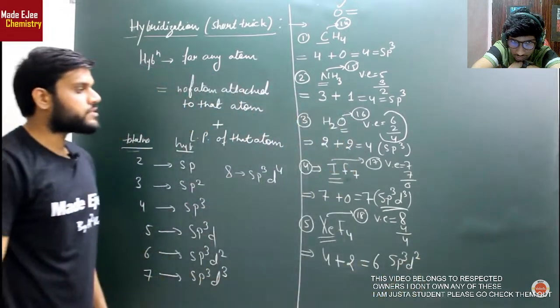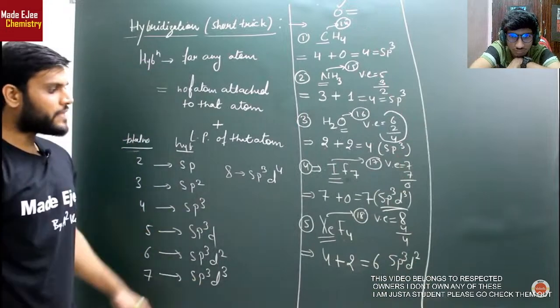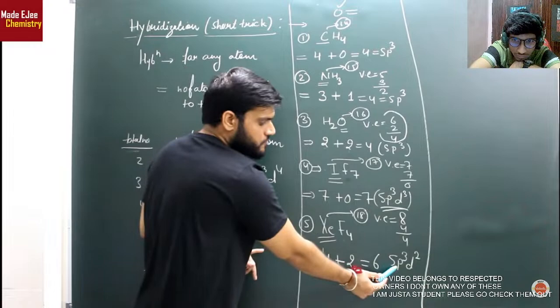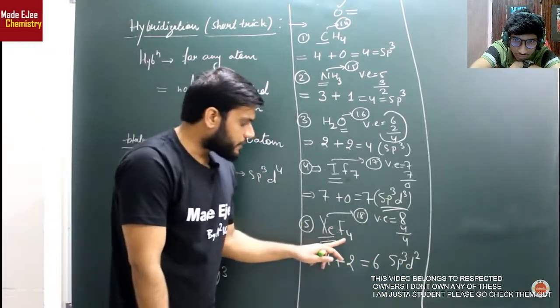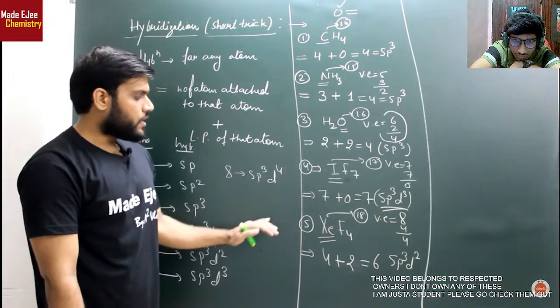अब देखिए इस तरह से फुर्ती से हमने 5 एग्जांपल कर लिए, और थोड़ा सा टफ एग्जांपल पर चलते हैं जिससे आपको और ज्यादा क्लैरिटी आएगी। तो यहाँ पर 5 एग्जांपल सबको समझ में आए। चलिए ये हुआ XeF4 के केस में आपके पास हाइब्रिडेशन बन रही है sp3d2, जिसमें आपके पास 4 तो है यहाँ पर एटम अटैच, और फाइनली 2 इसके पास लोन पेयर है, सबको समझ में आ गया।